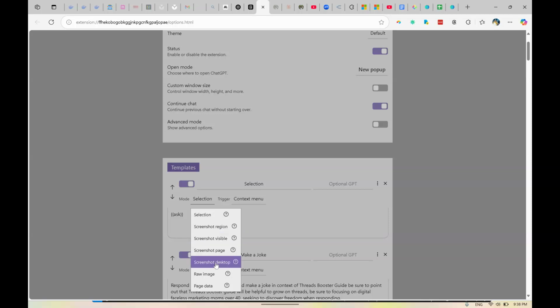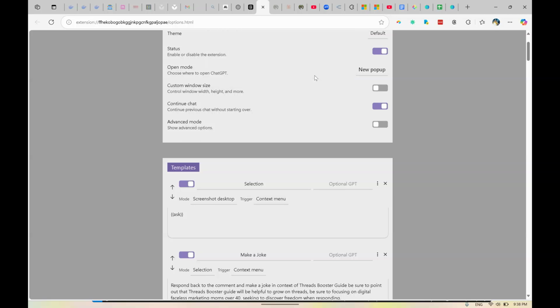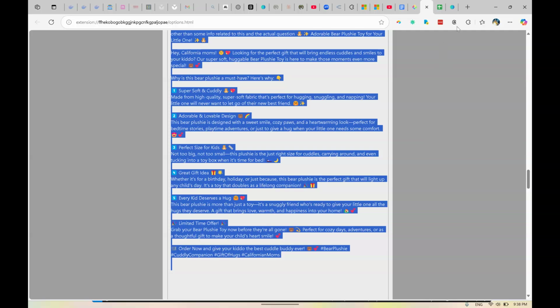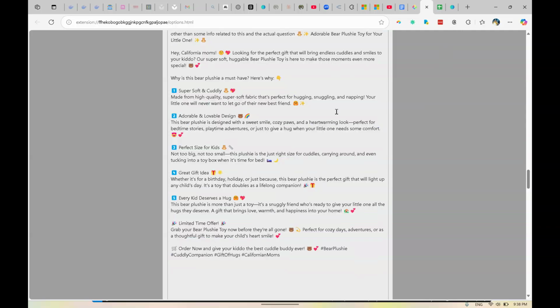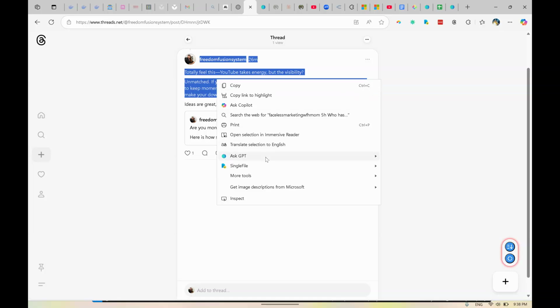screenshot page desktop, ask screenshot for ChatGPT has requested additional permissions. Allow. Screenshot desktop. And let's just see what it looks like. So if I wanted to right click, ask GPT, it didn't show that on the prompt. I have to see why that does it, but